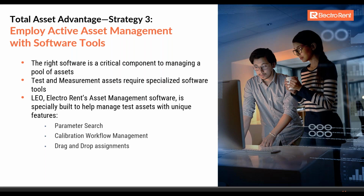And spreadsheets have the advantage of being free and they're very flexible, but you've got to build all the tools in yourself. Asset management software that is non-dedicated for test doesn't have the unique features that anybody who has managed a pool of test assets will tell you is really quite critical. Some examples of the unique software tools that we have in our system